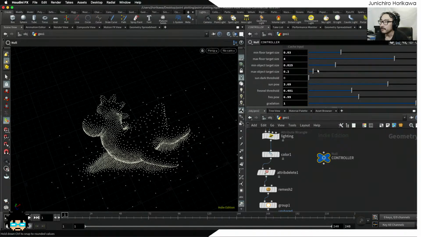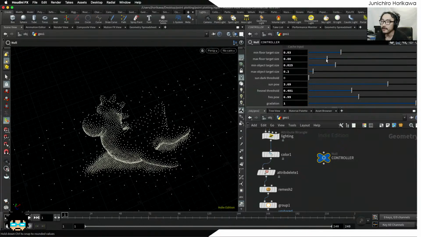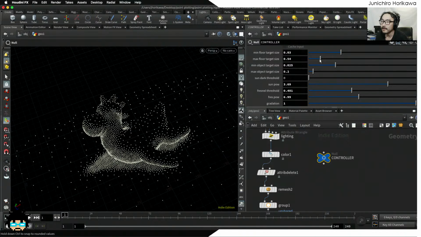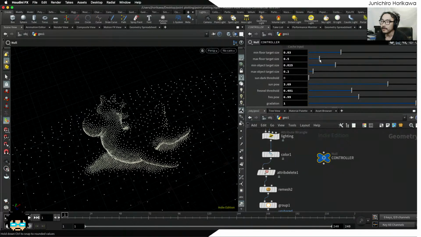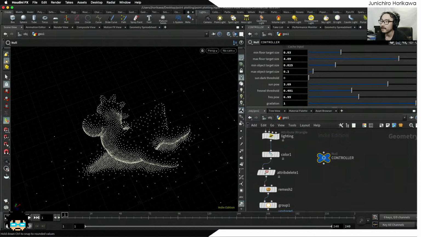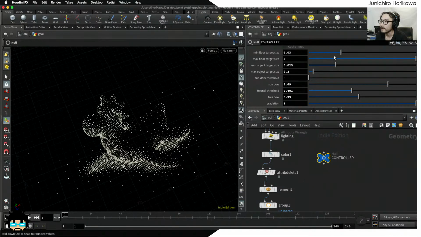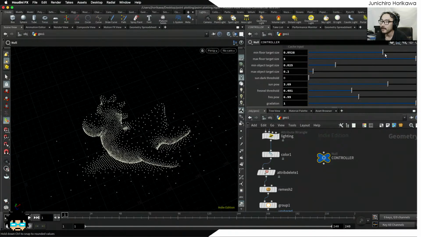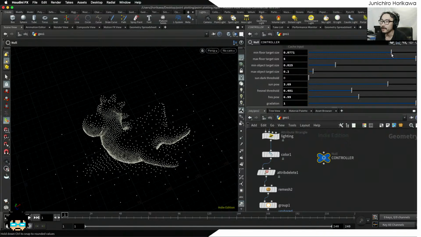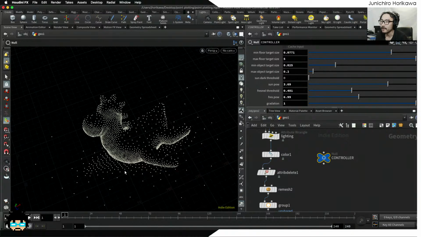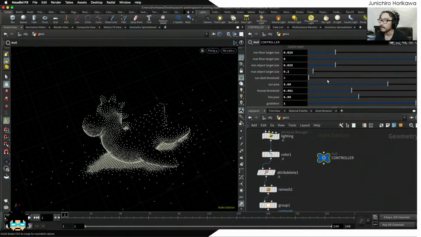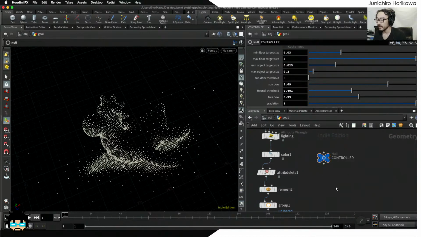Okay, and you can control the max floor target size to control the floor density, or you can also control the maximum for the floor to make the shadow part of the floor a bit less dense, and so on. Okay, well,